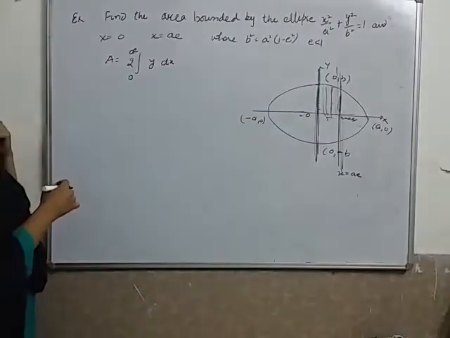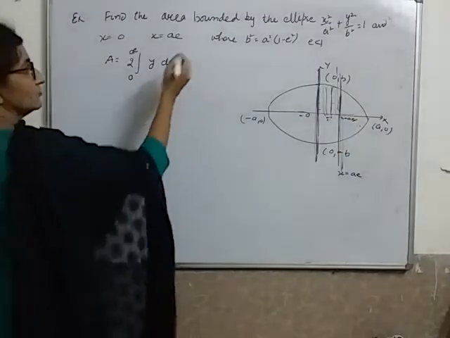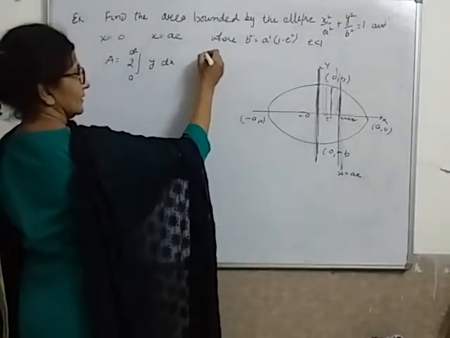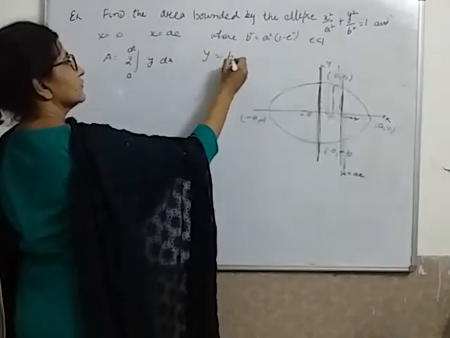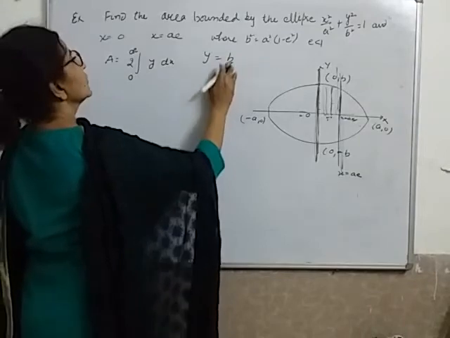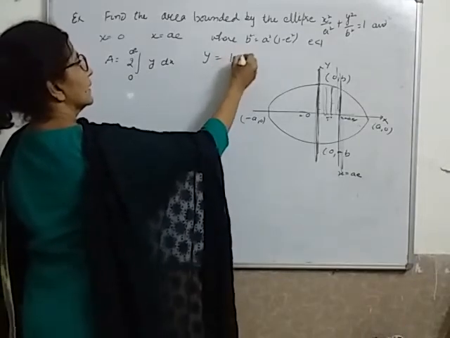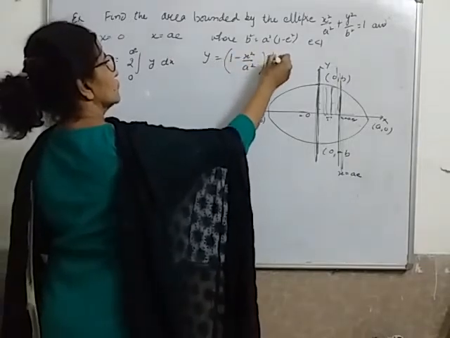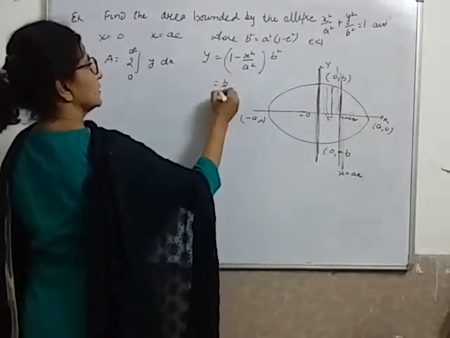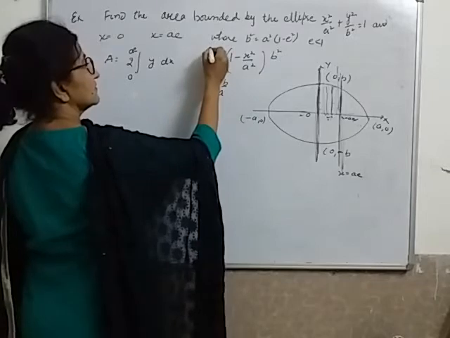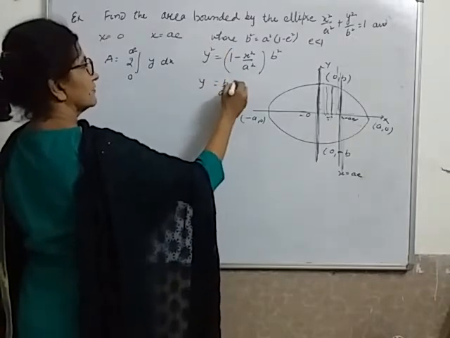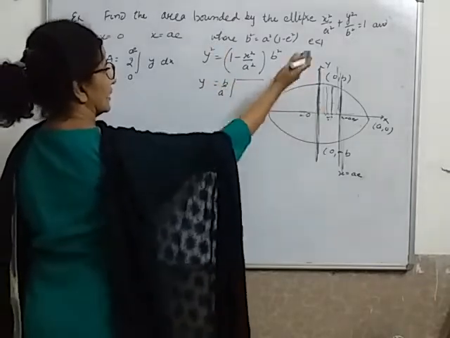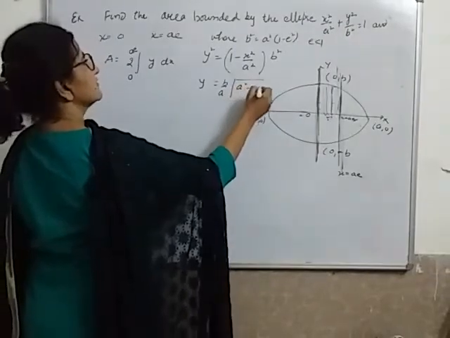Okay. So coming to this, y's value, can I write it directly? If you remember, it will be b by a. Okay, I show the calculation. 1 minus x square by a square into b square. So it will become b by a after taking the root, this is y square. Y will be plus minus. I am not taking it because I am calculating in the first quadrant. This is what it will become.